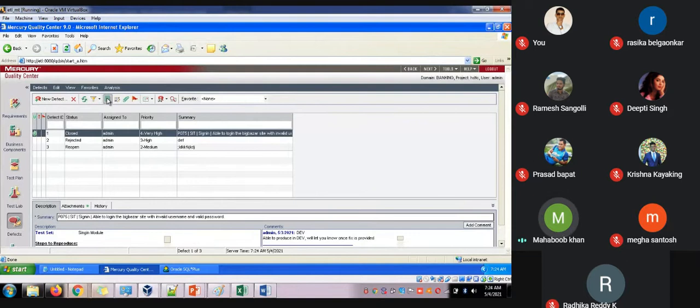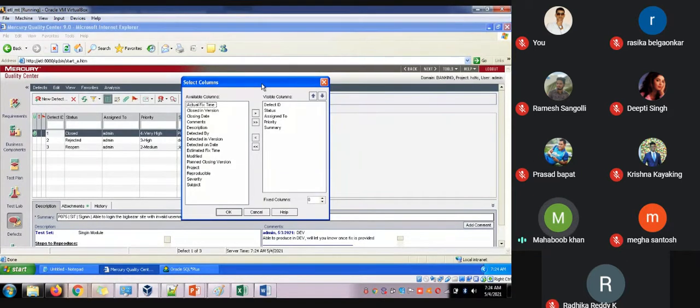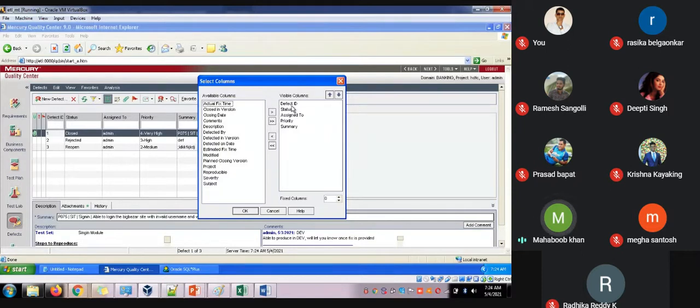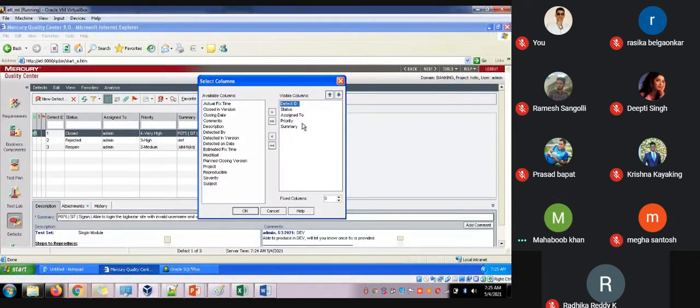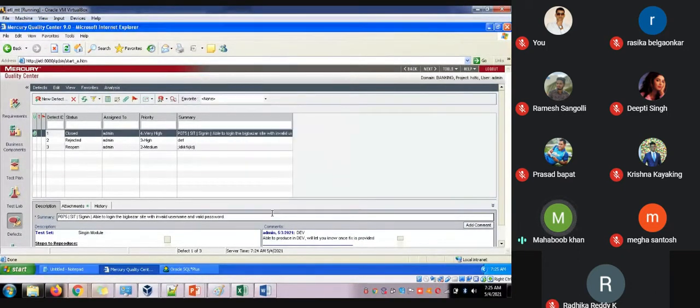When we have customization on a column-wise basis, whatever we want, you can show here. So here the defect ID is there, which we used to call the run ID. This is a small difference. The defect ID is not going to change, only the naming convention is going to change. Here we call it defect ID, but in 12.0 we will call it run ID. The different formats are the same. So try to make a note. In the older version we call it defect ID, but in the newer version we call it run ID. The remaining things are the same.